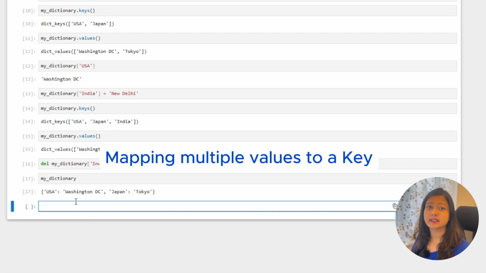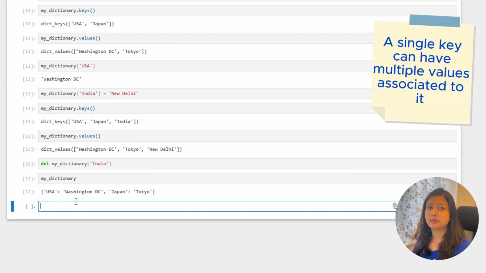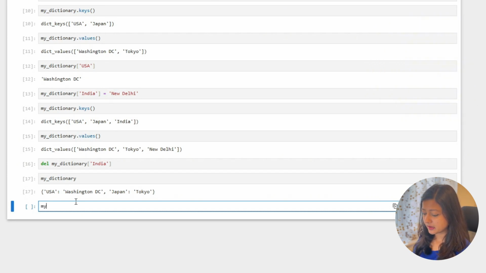You know, in dictionaries, it's not necessary that a key value pair should have only one value. We can have multiple values associated with one key. Over here, let's write my dictionary equal to, suppose my keys are countries and I'm having multiple countries corresponding to it as a value. Suppose my first value is USA and then my next value is Japan. Now similarly, I'll create another key value pair called capitals. Here capitals is my key and I'll write the values corresponding to it as